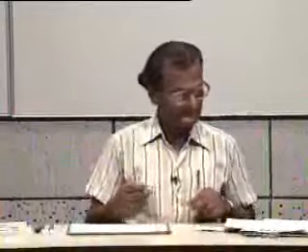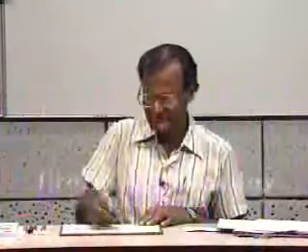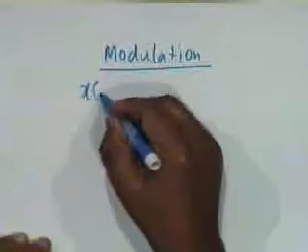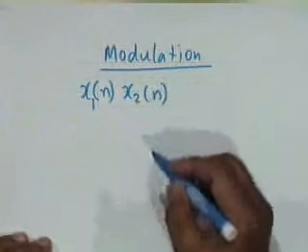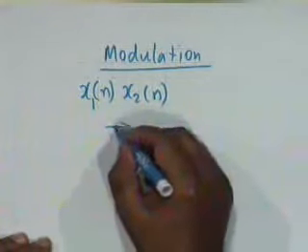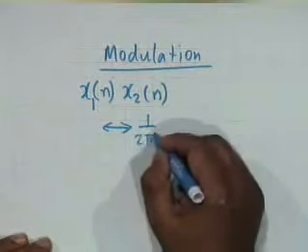This is the 22nd lecture. We complete discrete time Fourier transforms today and we also have an introduction to sampling. You recall last time we ended our class with the modulation property. That is, if you have a product of x of n, x1 of n and x2 of n, the Fourier transform of the product is 1 over 2 pi,